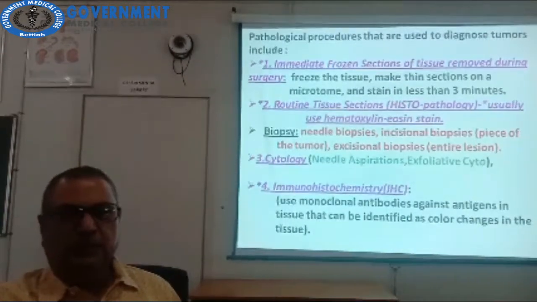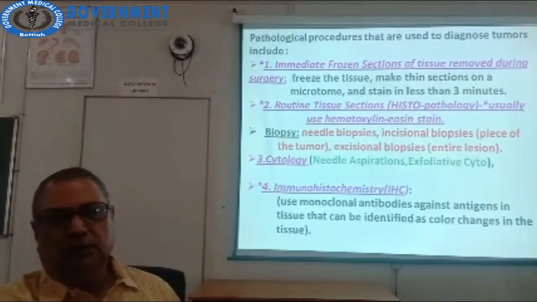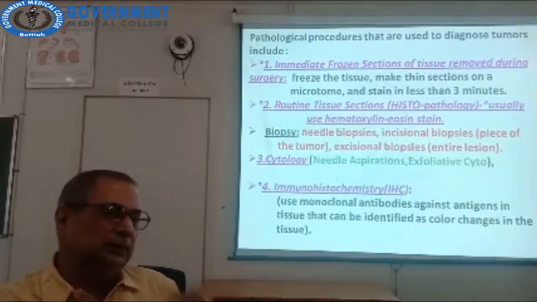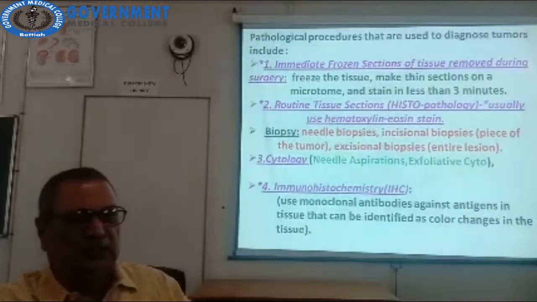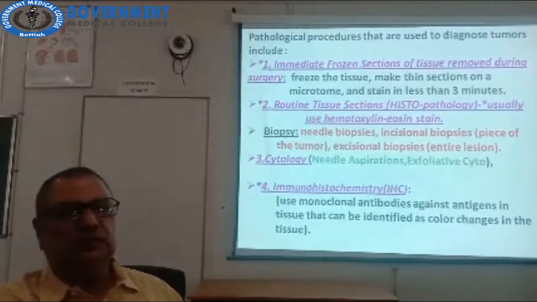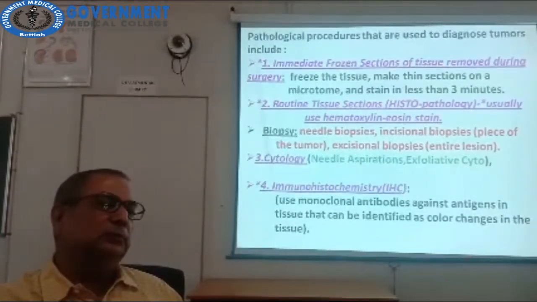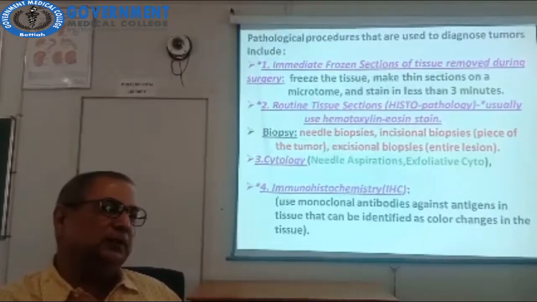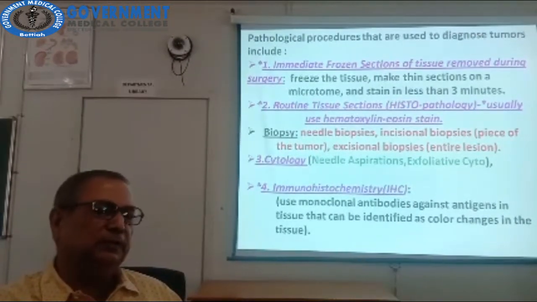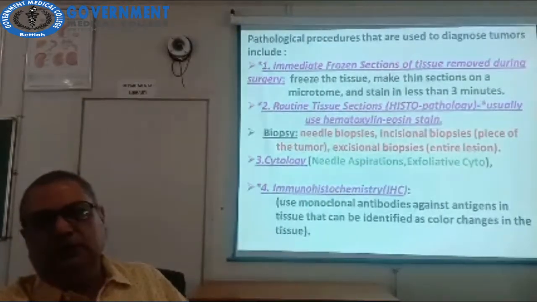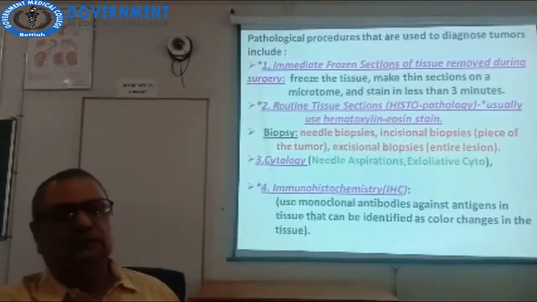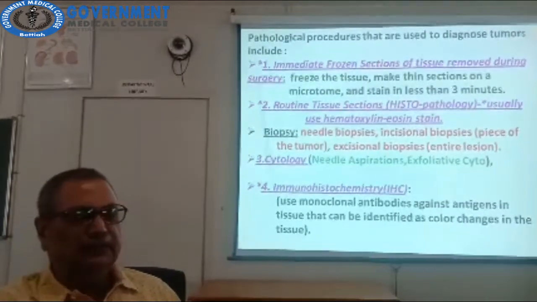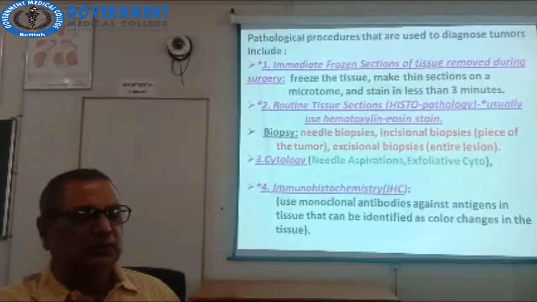So, needle biopsy; then incisional biopsy, where a piece of the tissue is cut after giving an incision. The third is excisional biopsy, where the entire tissue is removed and sent to the laboratory for histopathological examination, for routine processing and usually conventional hematoxylin eosin staining. There are various stains. Usually hematoxylin stain is used.